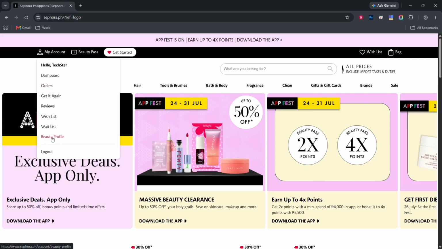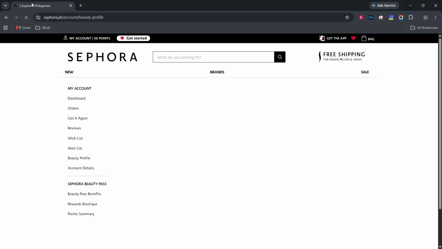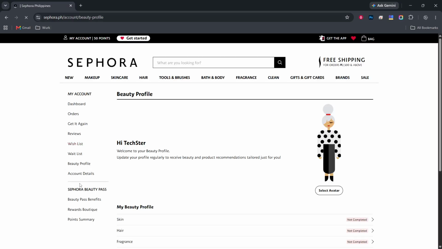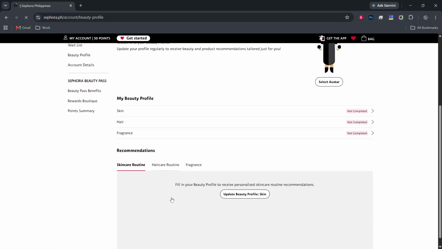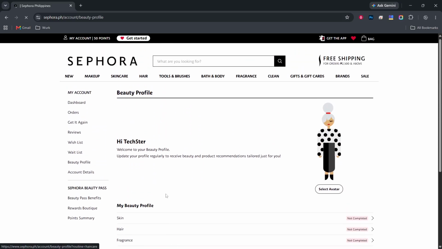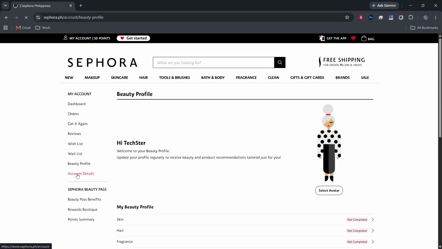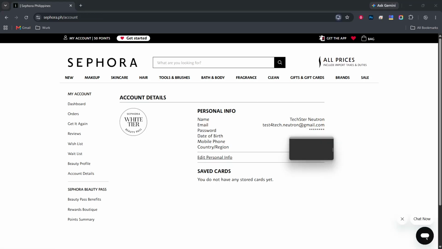Now click My Account. In the top right section of the site, click on the area that shows your name or your profile icon. Then choose My Account from the menu that appears. The My Account page will open, usually showing an overview with sections like Orders, Beauty Insider Information, and Account Details. If you land on a different tab here, do not worry, you are still in the right place as long as you see your account sections on the screen.